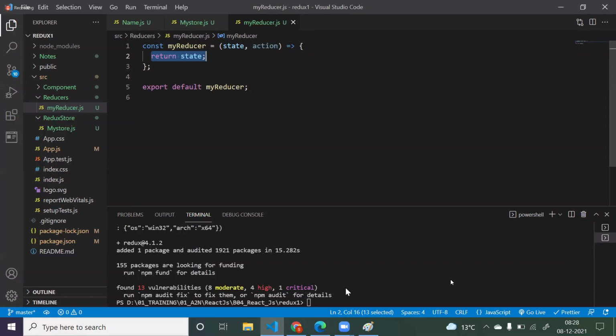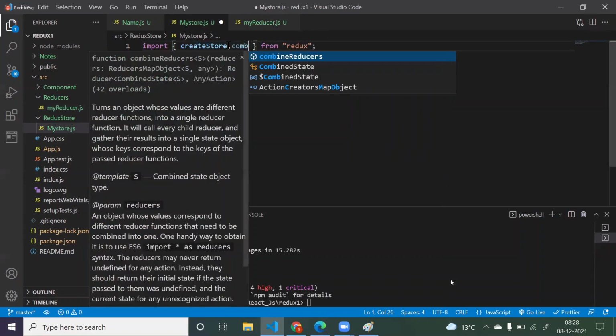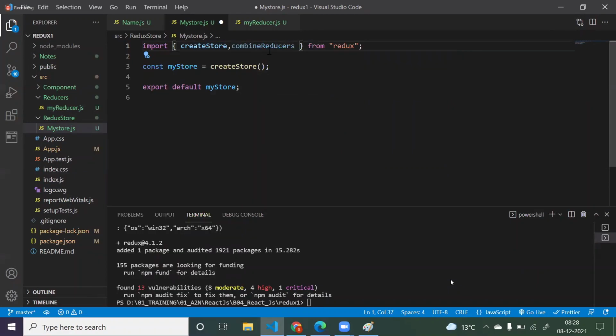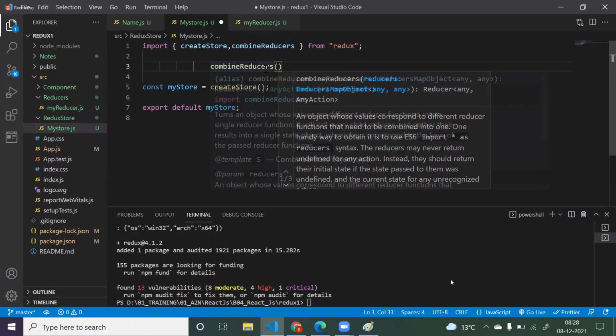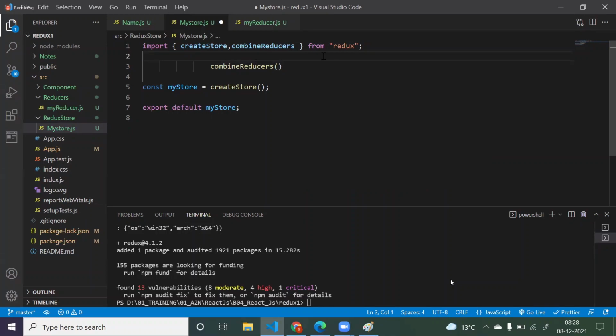Now you want to register this function with your store. For that, Redux provides you one method called combineReducers. You have to call this combineReducers. It will take your reducer as an argument, so you require your reducer here.